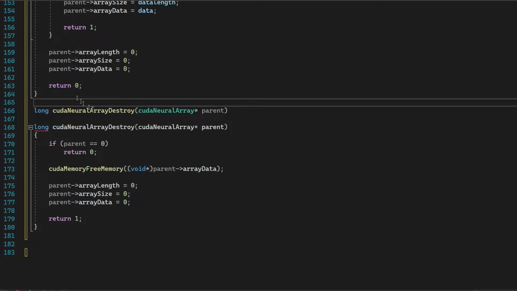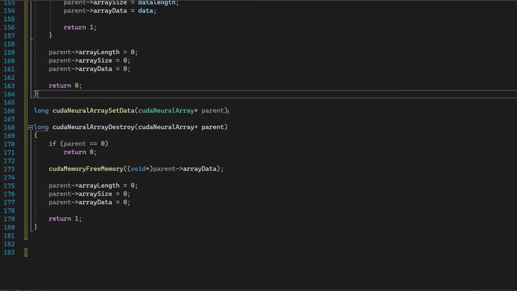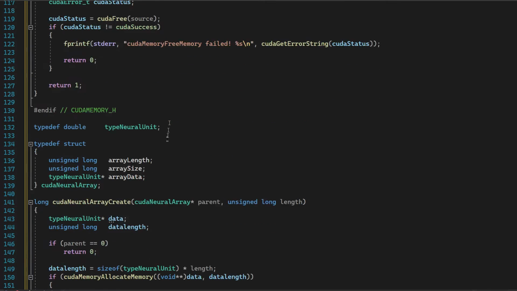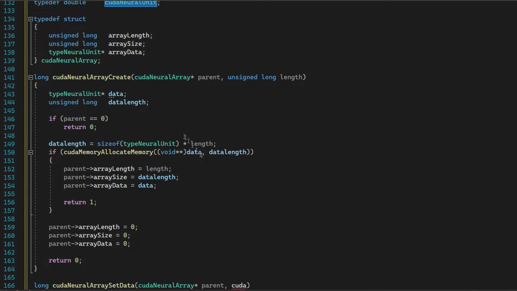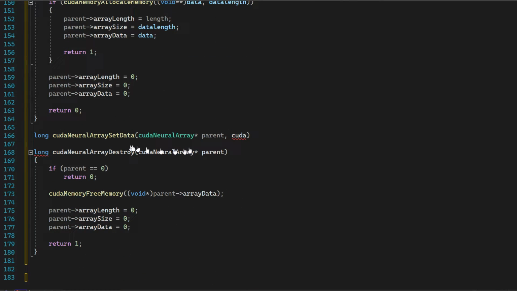Cuda Neural Array set data. Okay, this is to copy data into the neural array. You cannot access the neural array directly, so you have to use this function to copy memory into it. Okay, is it Cuda Neural Unit? It's not type neural unit, it's Cuda Neural Unit. Where is it? Type neural unit. Cuda Neural Unit. This may turn out to be very complicated later, but